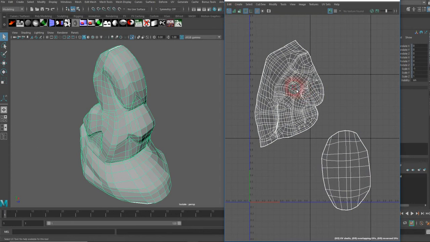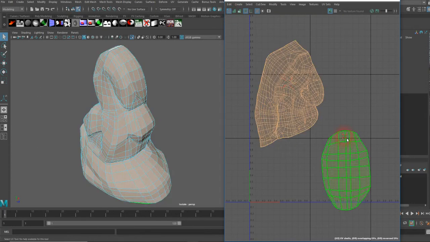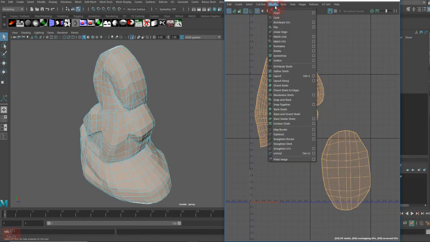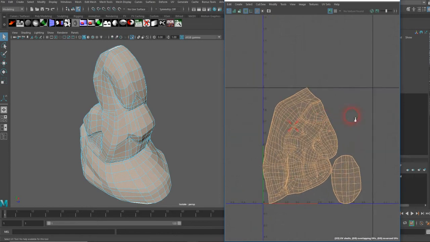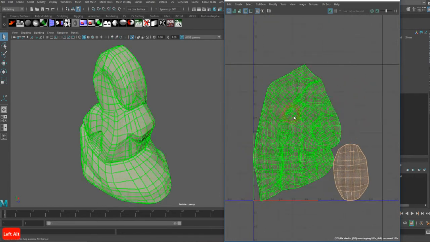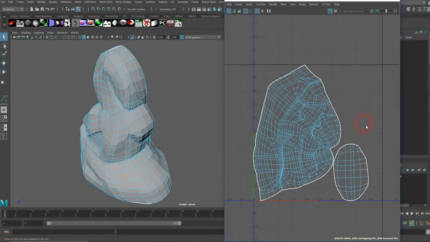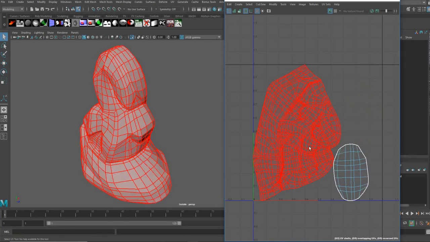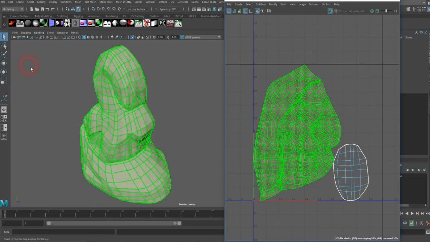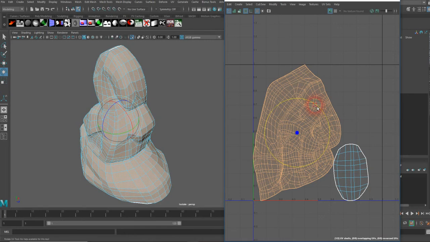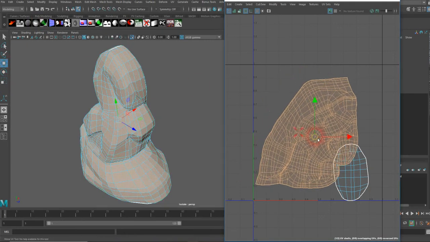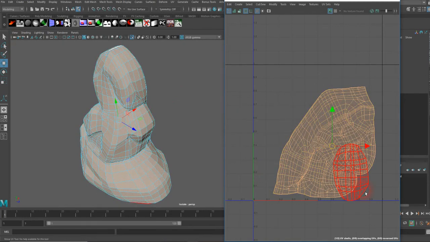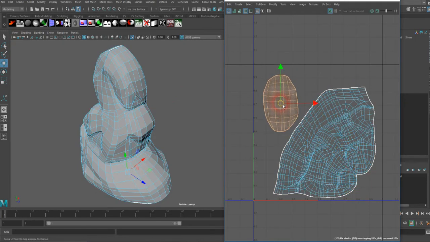And now I'm going to grab this shell. I'm going to say modify, layout, let Maya organize it for you. Boop, it does organize it. It's not bad, but it could be better. What I mean by that is that I have a lot of space that is being wasted back here, and I think I can do a better job by doing it manually. So I'm going to rotate this guy around here. I'm going to try to move it to this side a little bit, see if I can scale up both